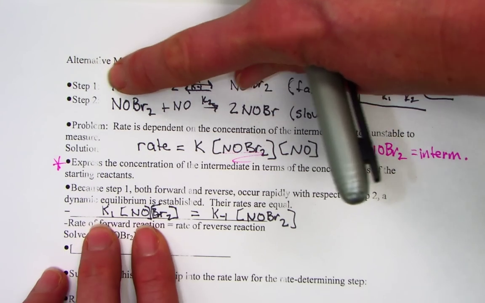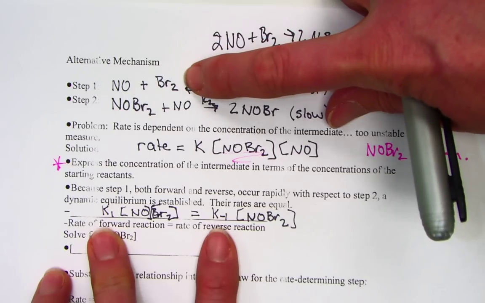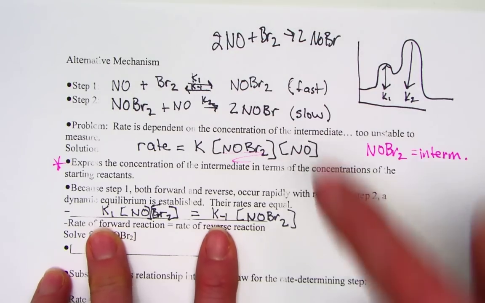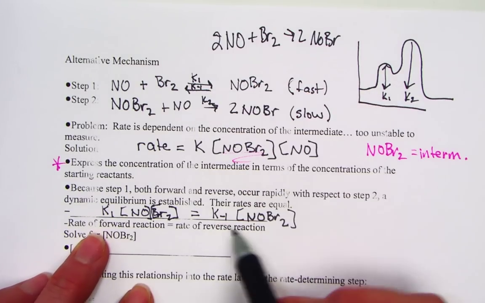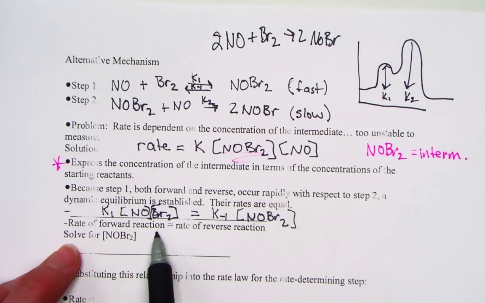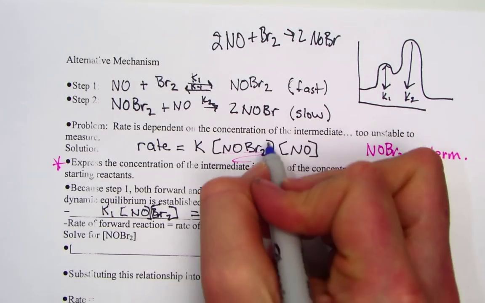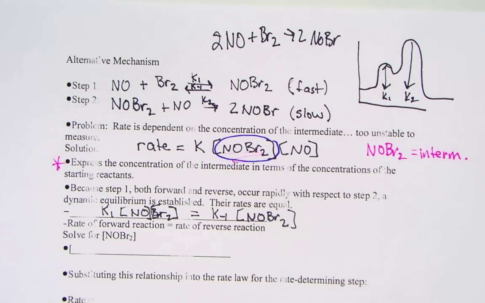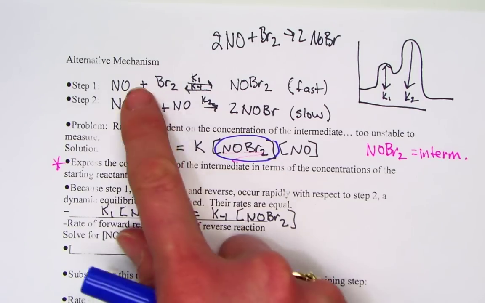The forward reaction has its own rate law. Rate is equal to k times NO, first order, as well as Br2. In dynamic equilibrium, the forward and reverse reactions are occurring at the same rate. We have that set equal to the reverse reaction's rate law, k-1 times NOBr2. So we've set the rate of the forward reaction equal to the rate of the reverse reaction. Remember what our ultimate goal is: to express this rate law without NOBr2, that intermediate. We want to sub in an initial reactant. What is NOBr2 equivalent to, so I can sub it out in terms of an initial reactant?